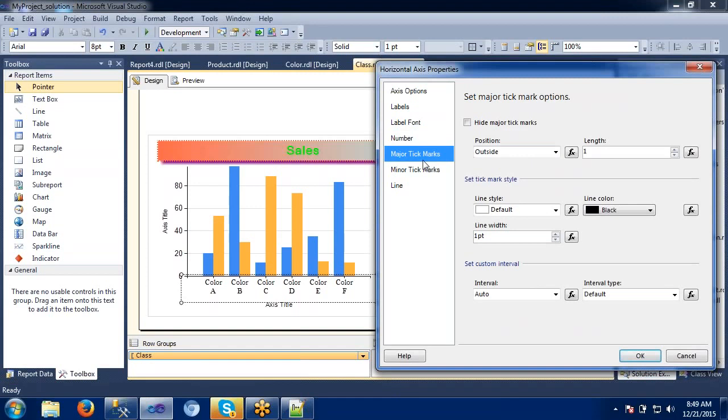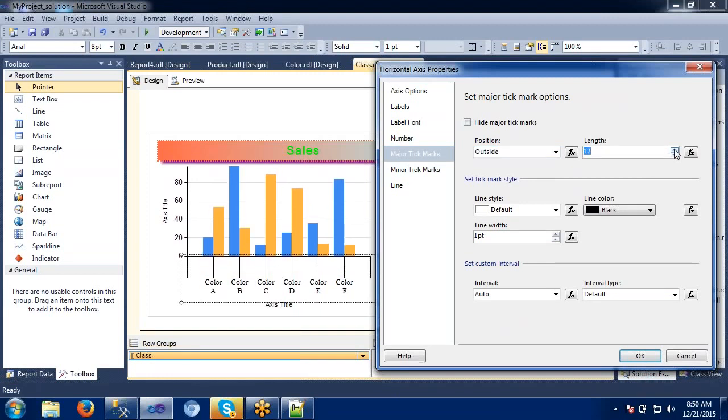Major tick marks. If you want to hide some tick marks, there is the position option, outside. If you want to take it to the inside, you can see a small change happens here. Outside means the line is positioned outside. If you increase that, you can see the lines coming outside.